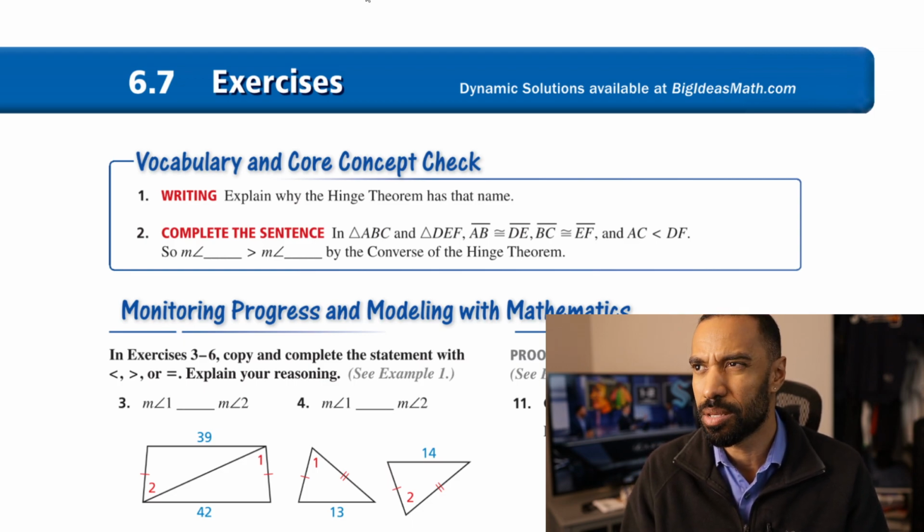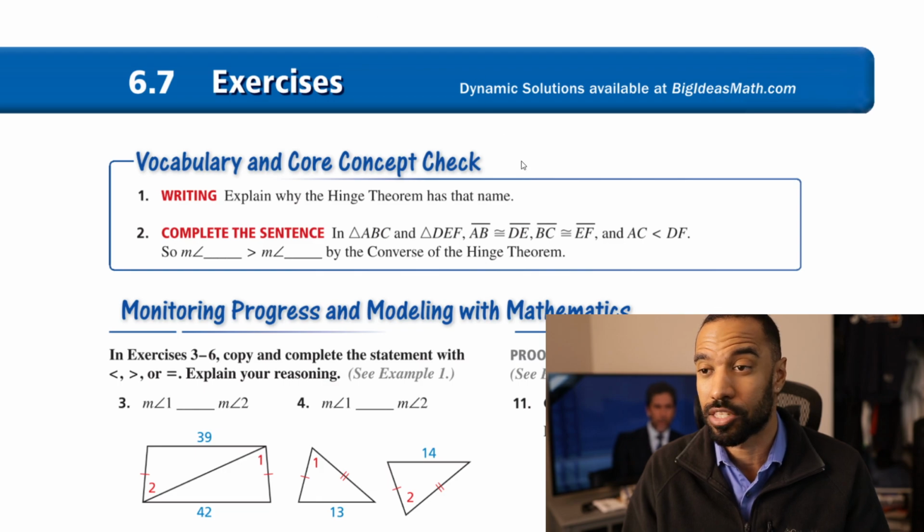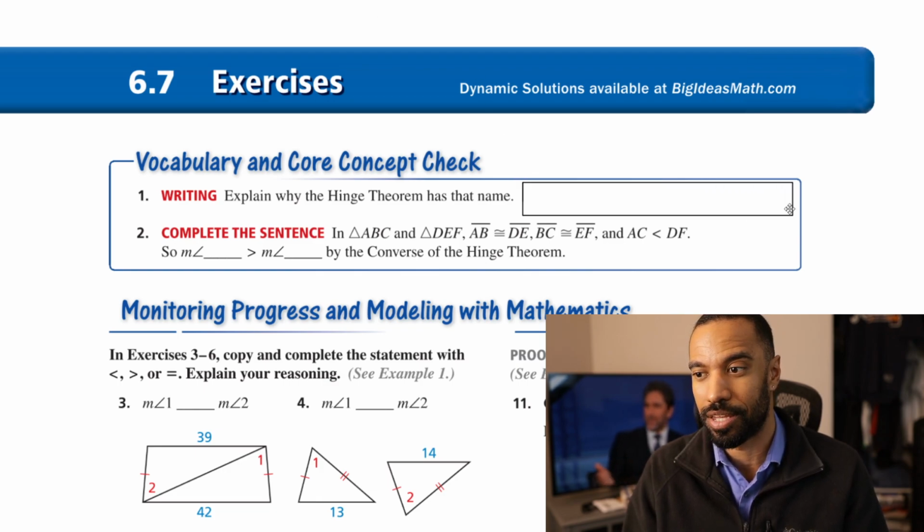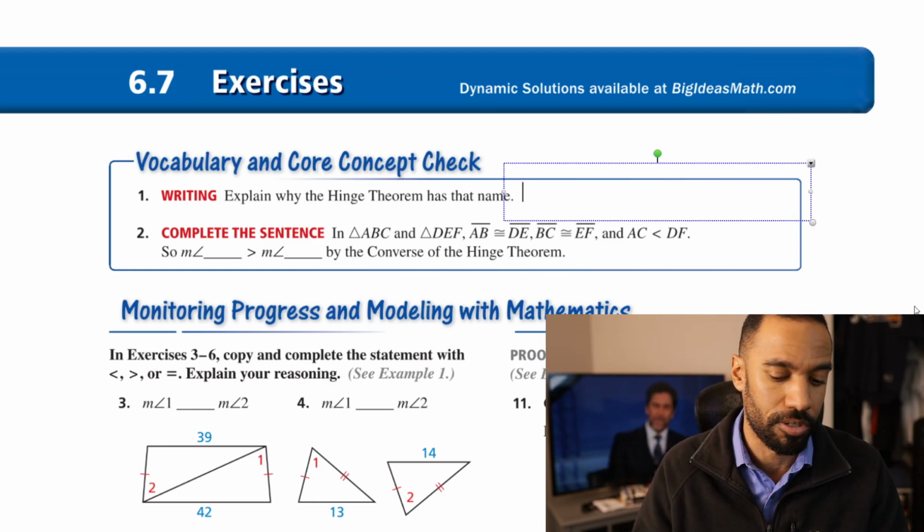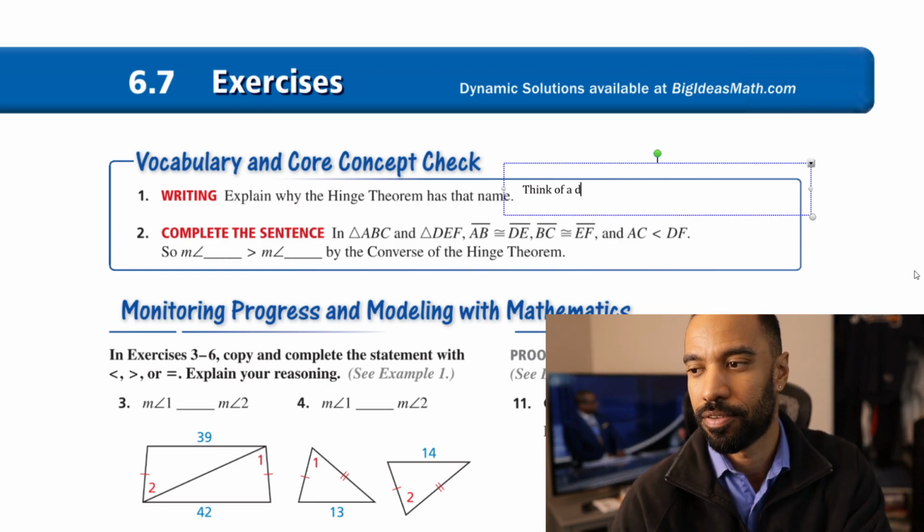problem set, which I think is up to 24 or 27 problems or something like that. Not a whole lot. Explain why the hinge theorem has that name. Yeah, and that's good, because I not only was not aware of the name of it, didn't know why, but it totally makes sense. Think of a door hinge